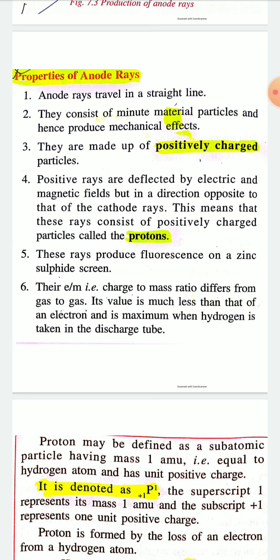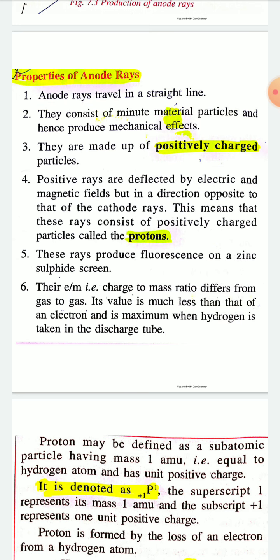This means that these rays consist of positively charged particles called protons. I have told that anode rays are deflected towards the negative electric field, but the deflection of anode rays is just the opposite of cathode rays. Okay, this means these rays consist of positively charged particles called protons, and these rays produce fluorescence on a zinc sulfide screen,